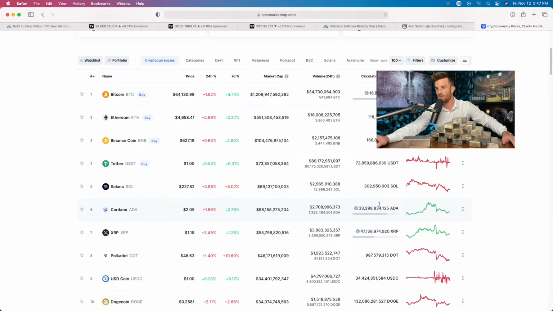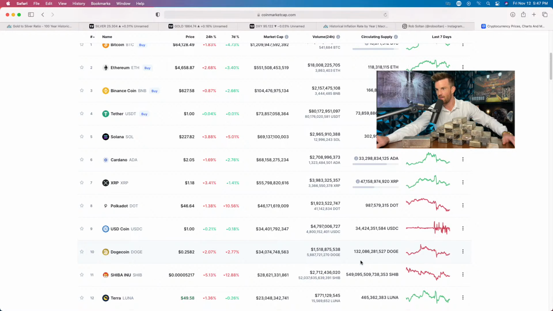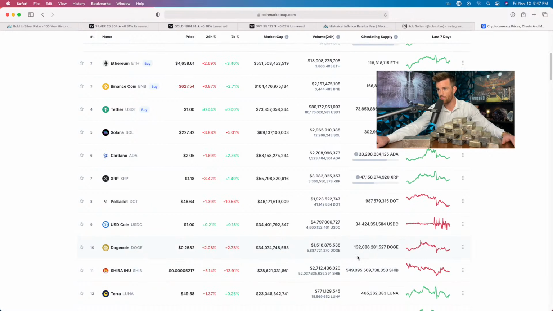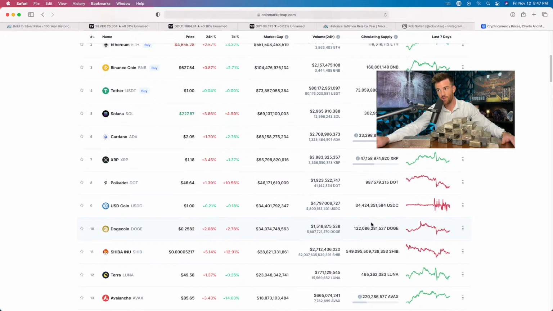But let's go to Shiba though, because Shiba is what we want to talk about. Oh, here's Dogecoin. Oh my God, Shiba Inu is in the trillions. I'm sorry about that. So that's why people are big on the Shiba thing, but this is something that'll blow your minds. I know that for a lot of people this is very simple stuff, but a lot of people don't know this, so I think this will be very helpful. So Doge, for example, you've got 132 billion Doge tokens out there. And then you have 18 million Bitcoin. And it really puts it into perspective.